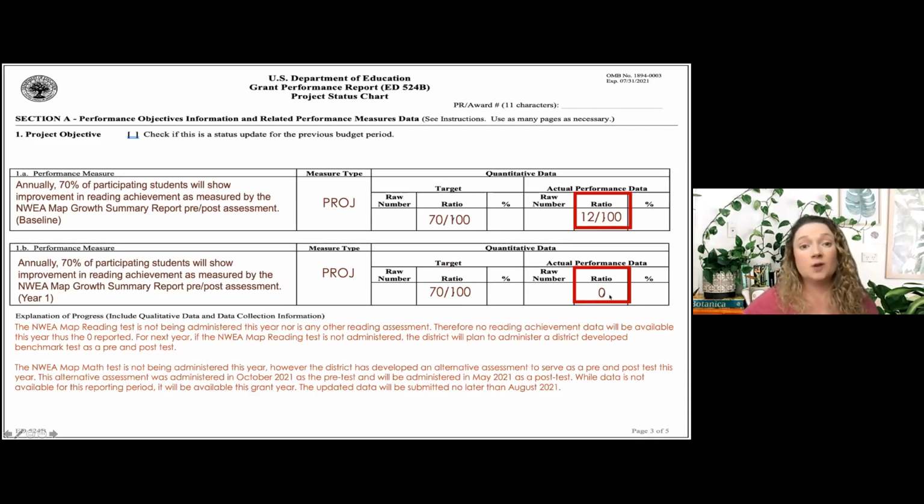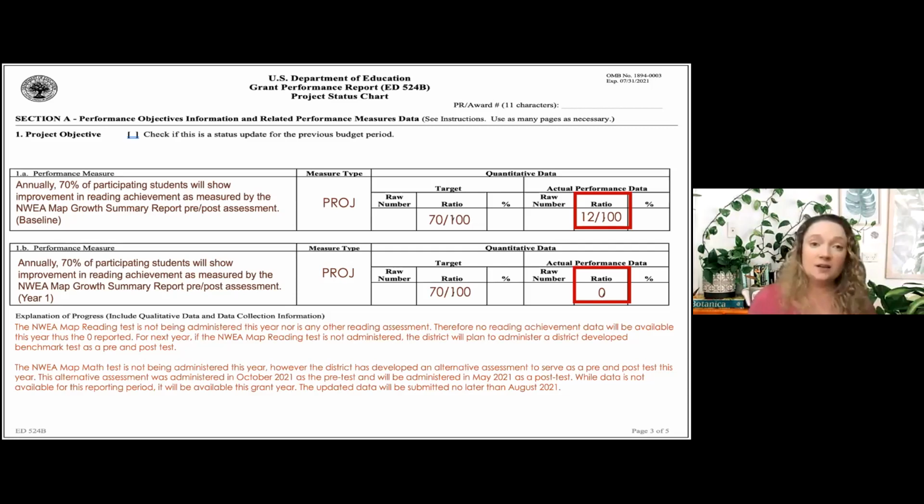You'll notice for this one, I reported 0. This would be if we're not giving any kind of reading assessment this year, so I have no way to report data for this. Here's the key: do not leave it blank. Blank is never the answer. Blank means incomplete and that you need to then fix your APR. So don't leave it blank.